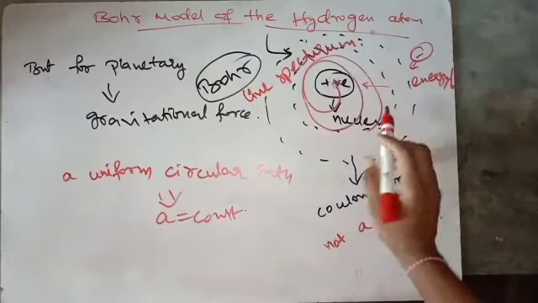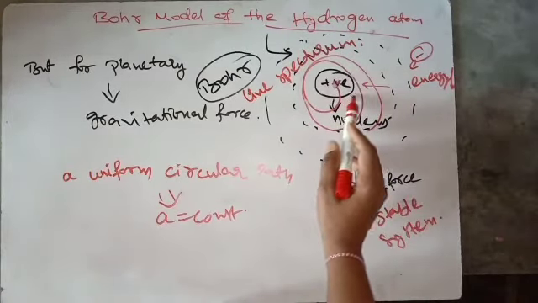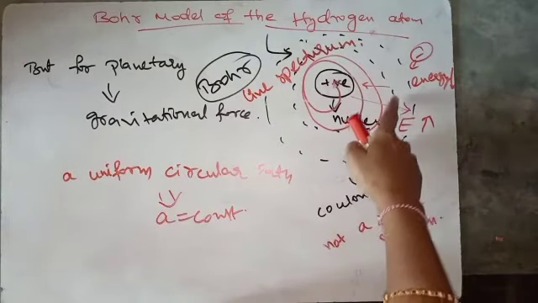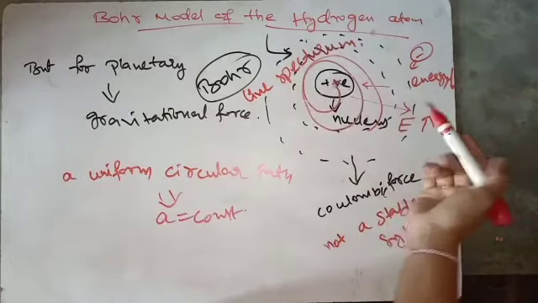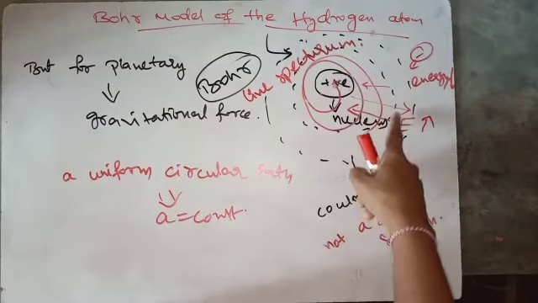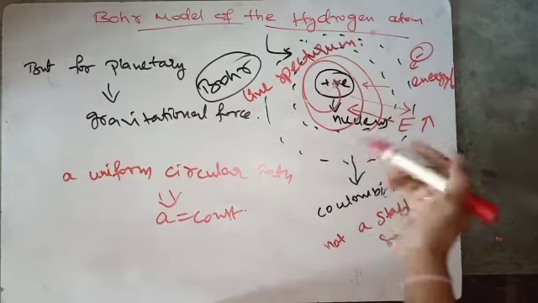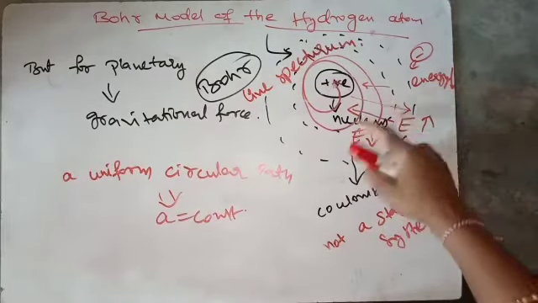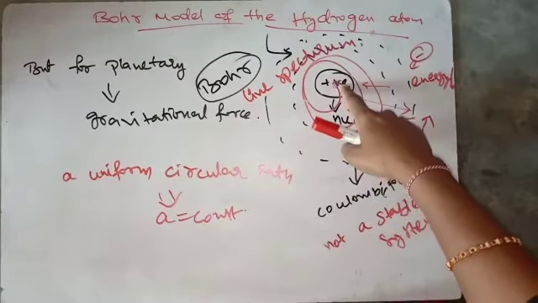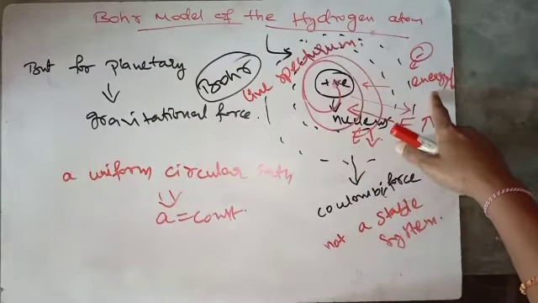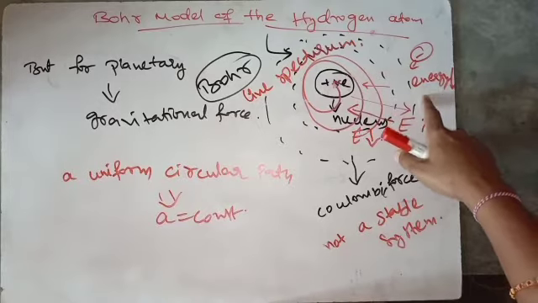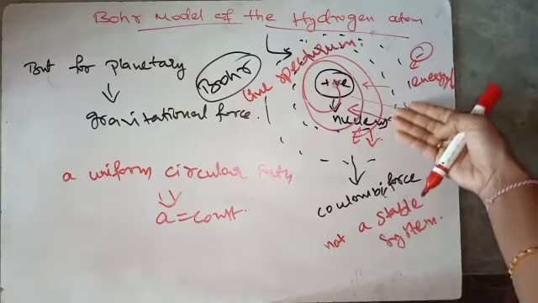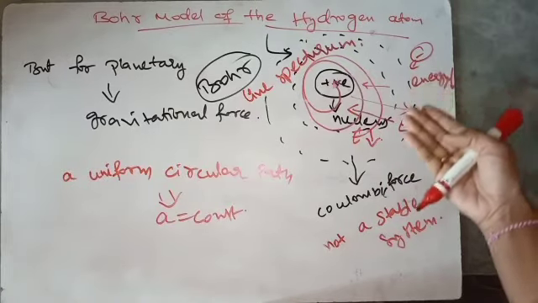We know that as we move away from the nucleus, the energy of the orbits increases. The energy of each orbit increases. But as we move towards the nucleus, the energy of each orbit decreases. Right? So as the electron is continuously spiraling into this nucleus, the energy decreases continuously. Therefore, the energy emitted by these electrons must be a